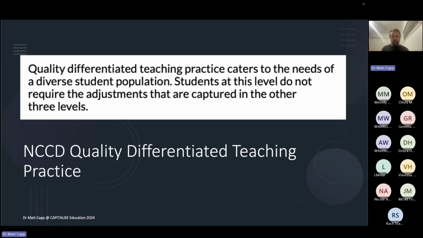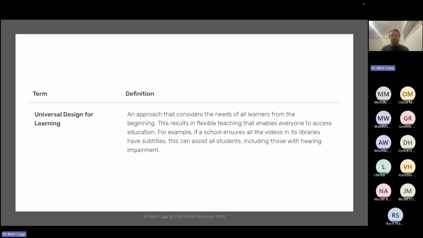We need to go beyond those labels. This is the definition of Universal Design for Learning from the nationally consistent collection of data that we looked at last session. Like what we've just seen previously, it's about an approach that considers the needs of all learners from the beginning. So we actually need to know the needs of all our learners. So we need to know what are the strengths of our kids at that tier one